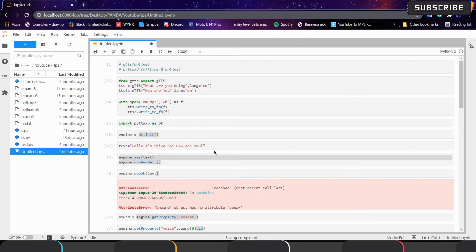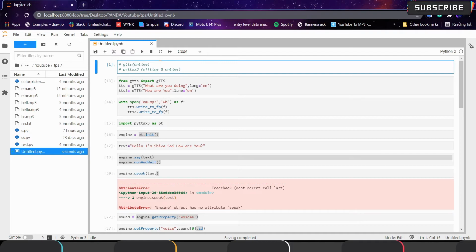Or if your software should work with the internet, we recommend you to use gTTS. It is the Google based API, and it contains different languages, and you can use different languages. The one disadvantage is that we cannot directly play from the command line, I mean from the program.